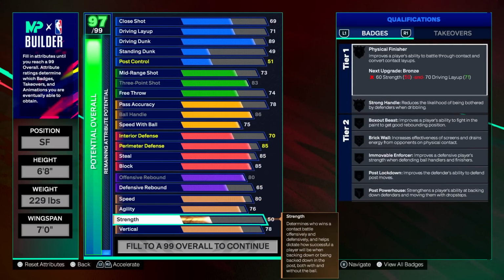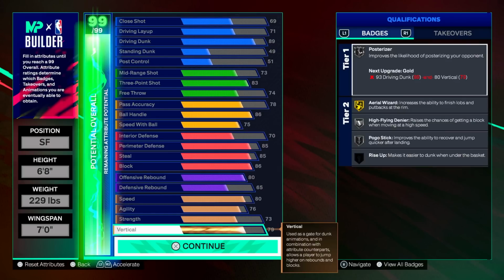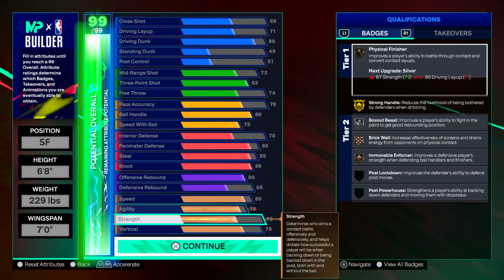And for the strength, we don't want to be no baby out here. Go with the 73 strength, obviously for the gold strong handle badge. This way, once you're dribbling, you're basically flying through everybody. No one's going to do anything to you on the court. This is one of the most slept on badges in the game, 100%. And once y'all put y'all vertical to 79, what y'all don't see about this build is with the cap breakers,